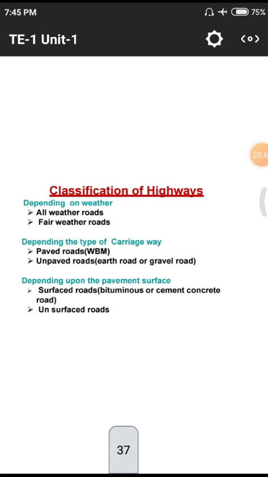Next one, this is the major classification. This classification of highways was asked as a long question in our JNTUK papers. You need to remember this: classification of highways depending upon weather, all weather roads and fair weather roads. That means